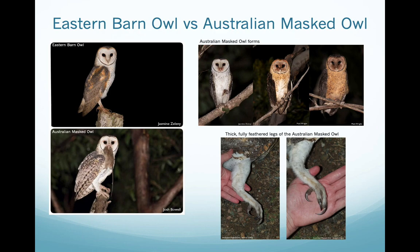And if we look at the wings and the back, a lot of nice browny tones which blend seamlessly into each other. And if we look at the bars on the primary and secondary feathers, they're quite faint and there are fewer bars. If we look at the bird on the bottom, the Australian masked owl, you can see that